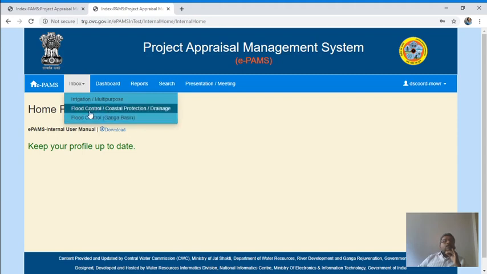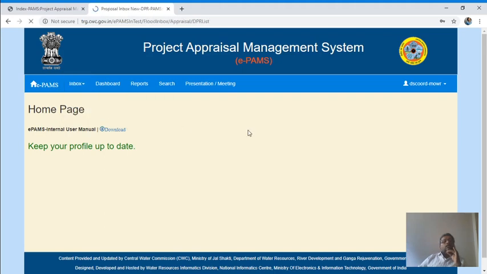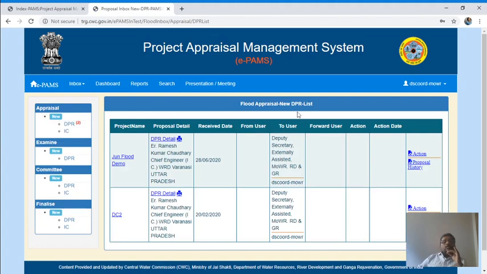Here I am going to explain whenever a proposal related to flood control is submitted, the officer will have to go to inbox and flood control. You can see it here. There is inbox, DPR 2, means these two proposals with this DS card.